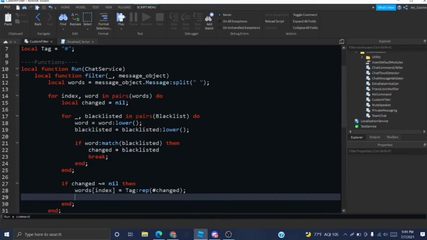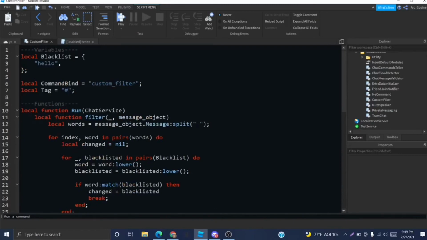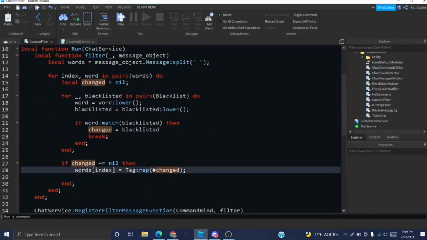This rep function basically just repeats this character as many times as is specified,